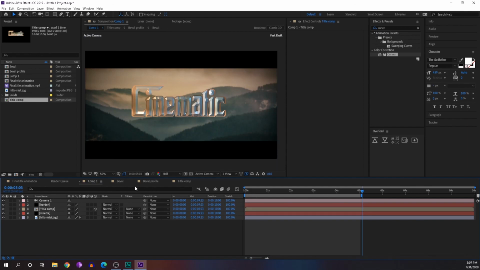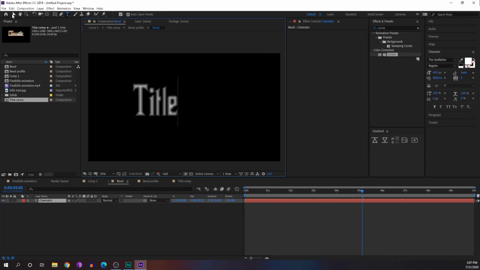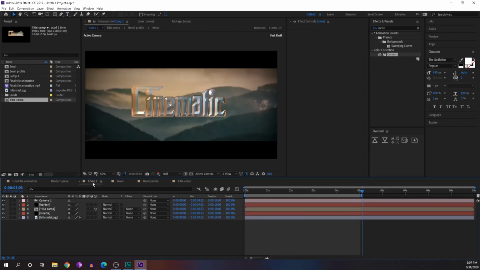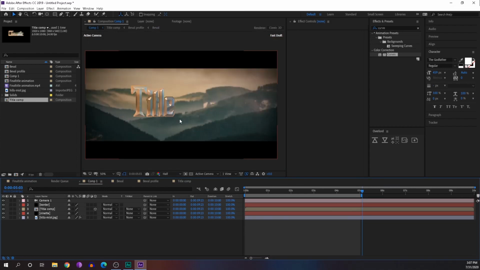For example, if I name the text something else, it will automatically change all the effects to whatever we have typed there. So it's much easier to create multiple titles with the same effect. You can just duplicate this entire comp, edit everything, and create multiple titles. So this is our title effect.